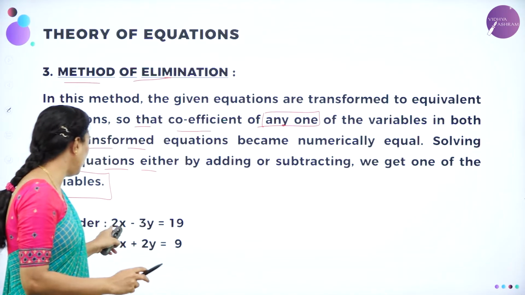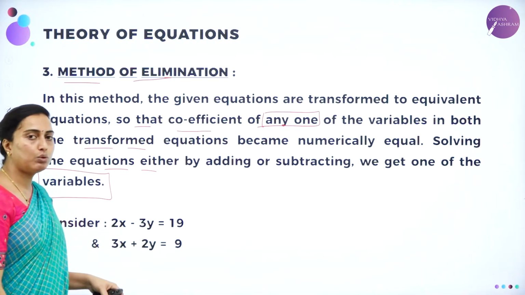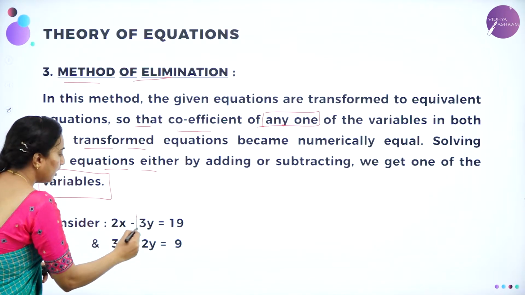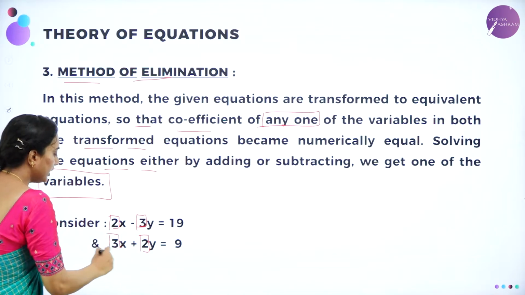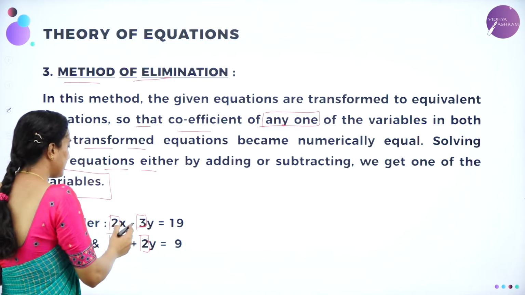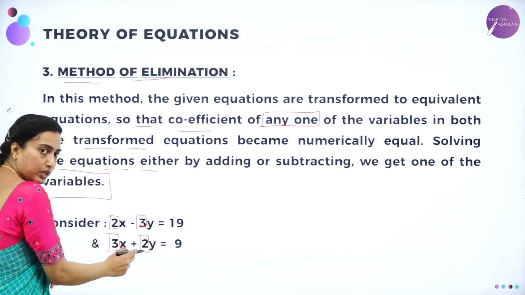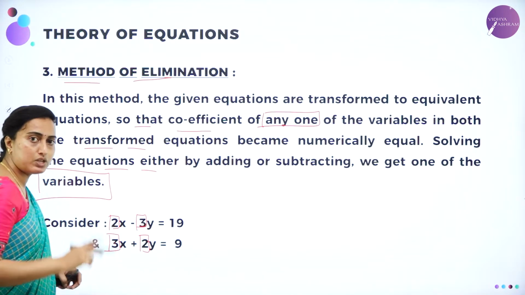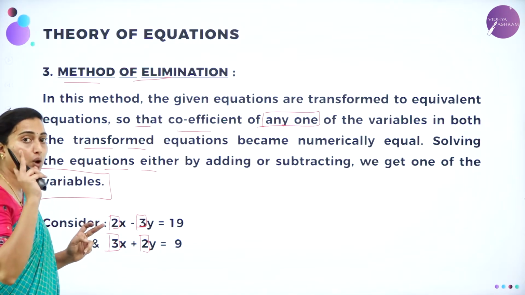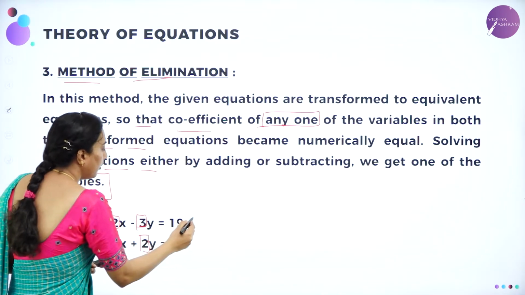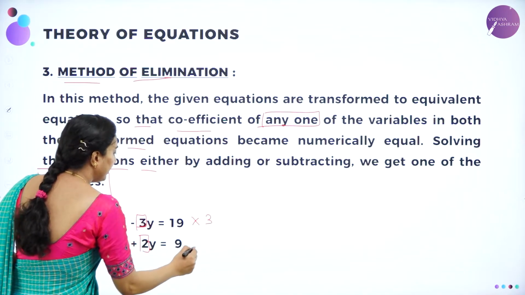Here let us move on to, I have taken here two equations. 2x minus 3y is equal to 19. 3x plus 2y is equal to 9. See, dear students, either I am concentrating on the y coefficient or I can concentrate on the x coefficient. Anything is possible. Here I am concentrating on the x coefficient only. That 2 will be cross multiplied to this equation and this 3 will be cross multiplied to this equation. Then only 2 3s are 6, 3 2s are 6. So coefficient of x must be equal. Are you getting? So I am multiplying the constant of the coefficient. What is that? 3 here and then here 2.